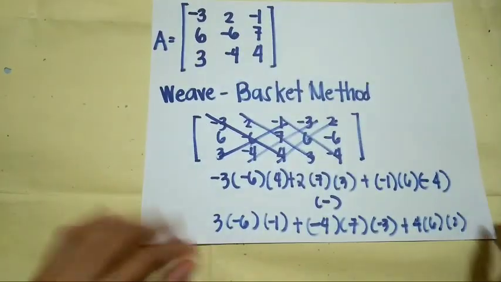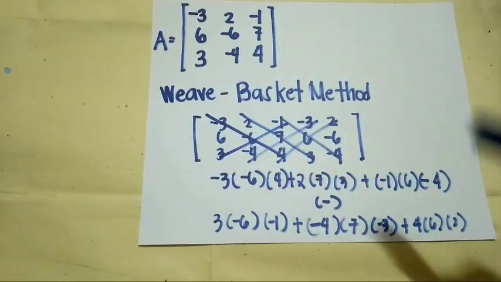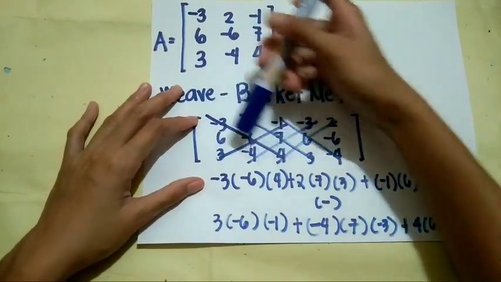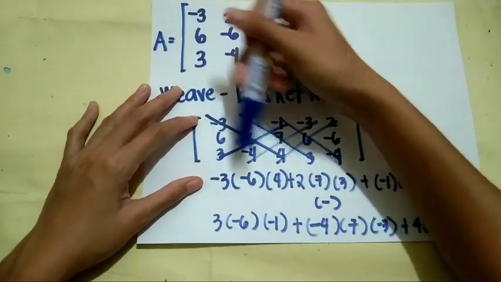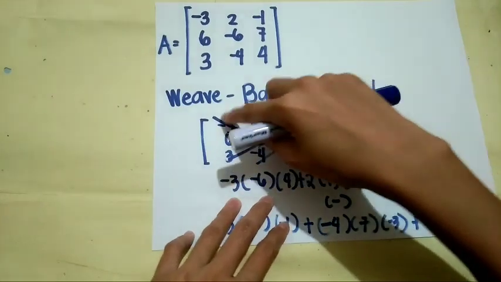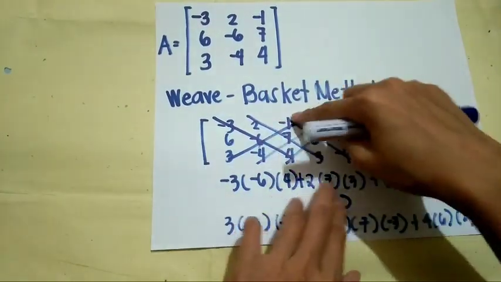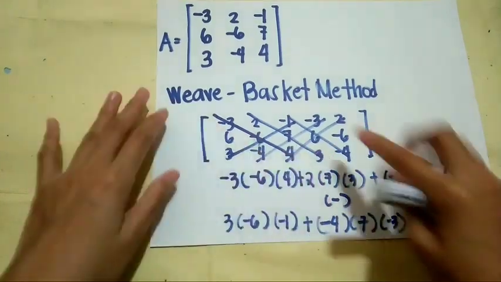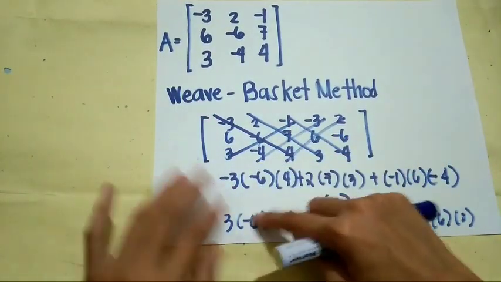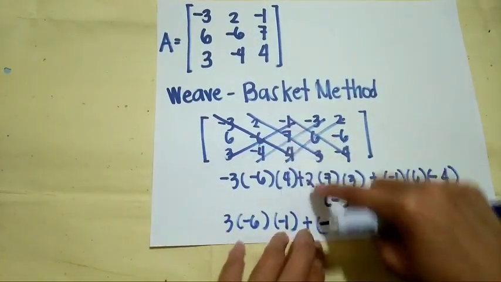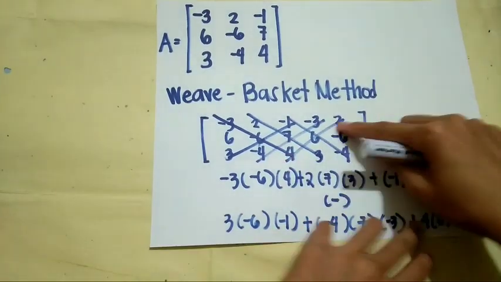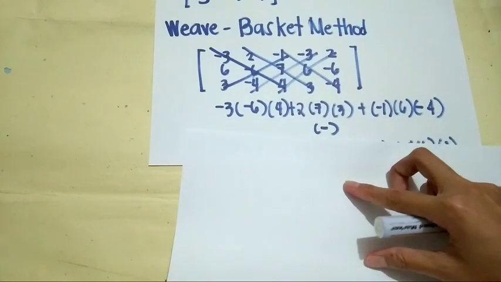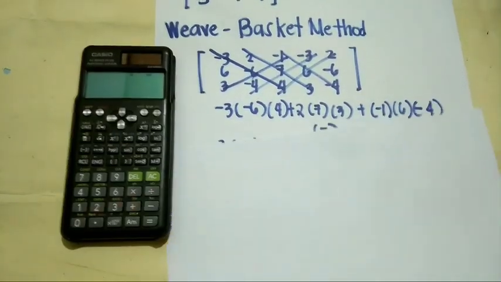Okay? Did you follow? The weave basket method is like, following the aligned entries along your line, you multiply this one, then add to the next one, then add to the next one. And then the operation of the two is minus. Then this one also you have to multiply, then add to the next, then multiply, then add to the next. So adding this one to our calculator, it will result in